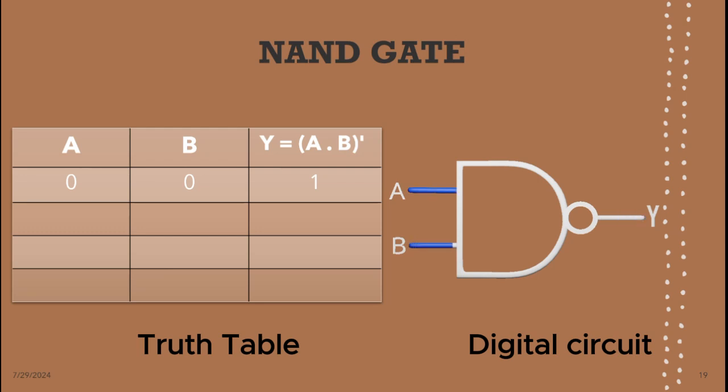As we can see, the logical expression is y is equal to A dot B bar. It means that it first performs the AND operation, that is the multiplication, where the value of A is going to be multiplied with the value of B. And after the AND operation is performed, the NOT operation will be performed. Inversion is indicated by the bar. So let's again explore all four combinations of zeros and 1s. If the A and B variables are 0, then the output would be 1. That is the inversion of AND operator.